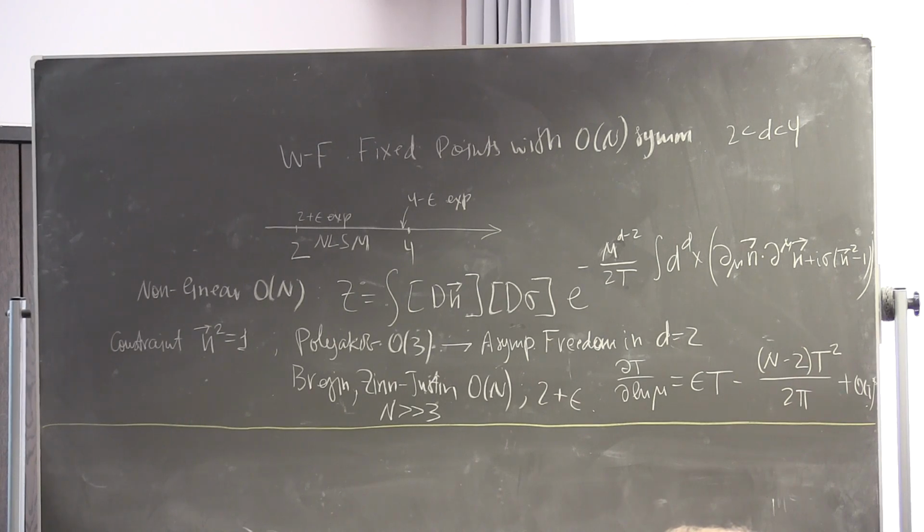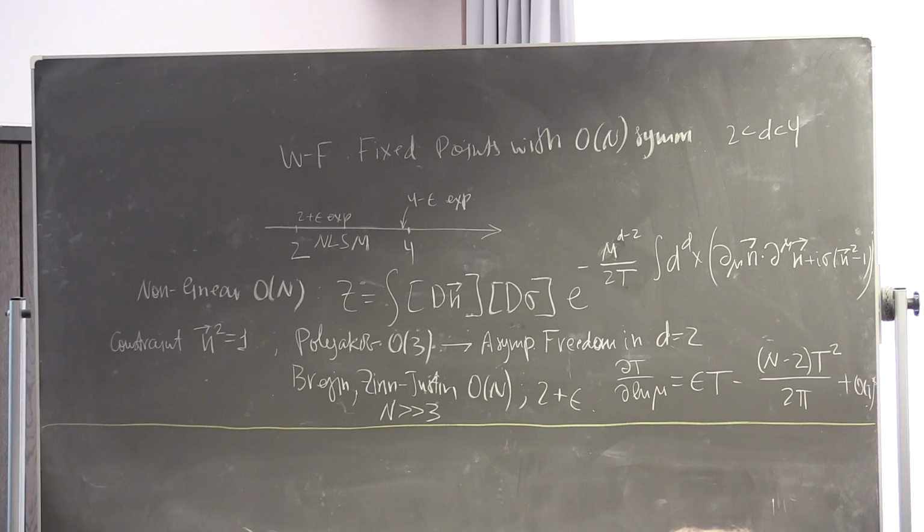I can't promise large n, but for example, O4 is a very common group. Because O4 is like SU2 cross SU2, you can have some degrees of freedom which are SU2 cross SU2. So it's a widely studied model, and the whole point is that this model is actually just like this phi^4 model that I discussed yesterday,